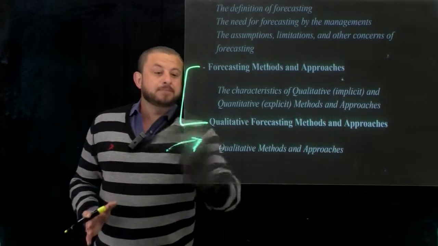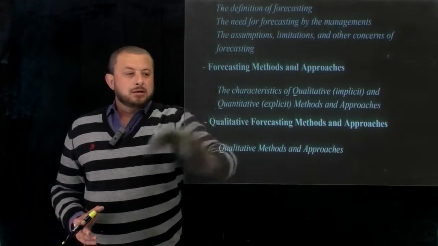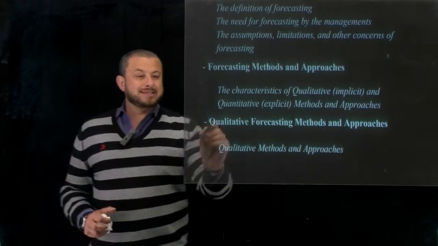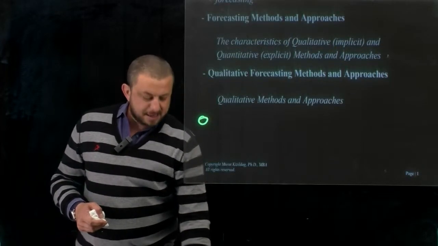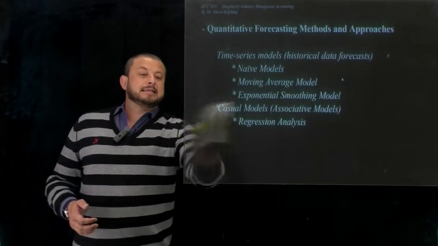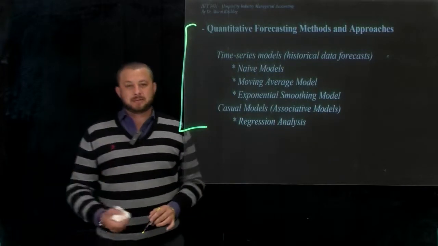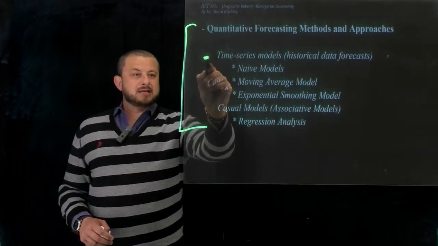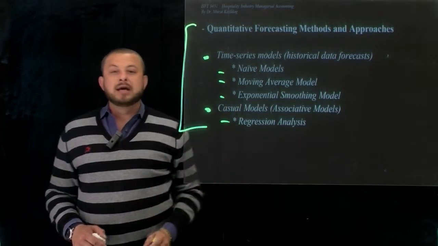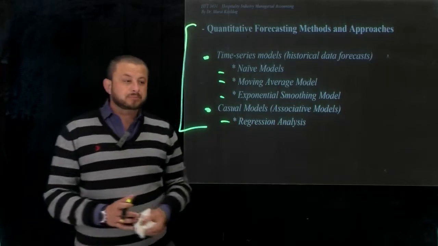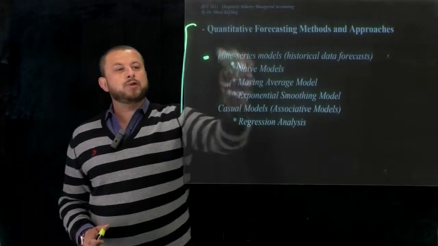As you can see right here, we have two of them. We classify them into two main categories. Qualitative forecasting right here. This is the first one. We will talk about the approaches and methods, and then on the last portion of the chapter, we'll be touching base with the quantitative approaches, which are mainly time series models and causal models, and we have 3 time series models along with 1 causal model, which is the regression analysis. We're going to be talking about all these, but again, of course, as we always do,